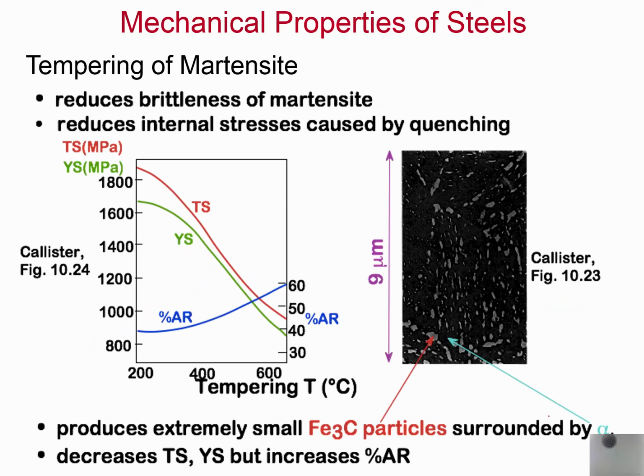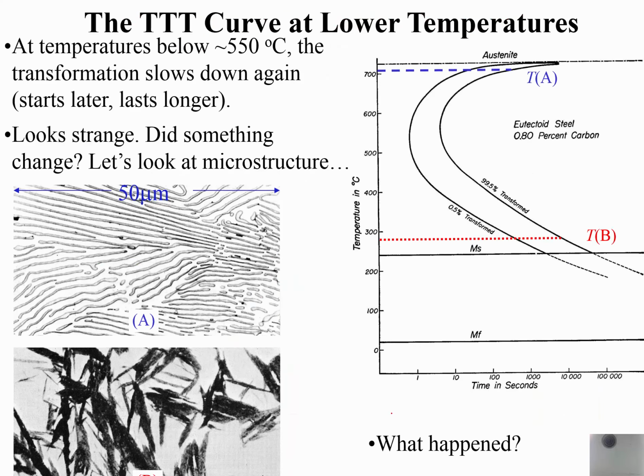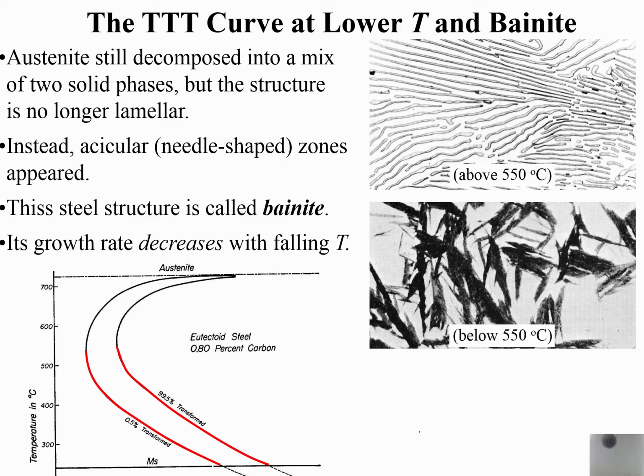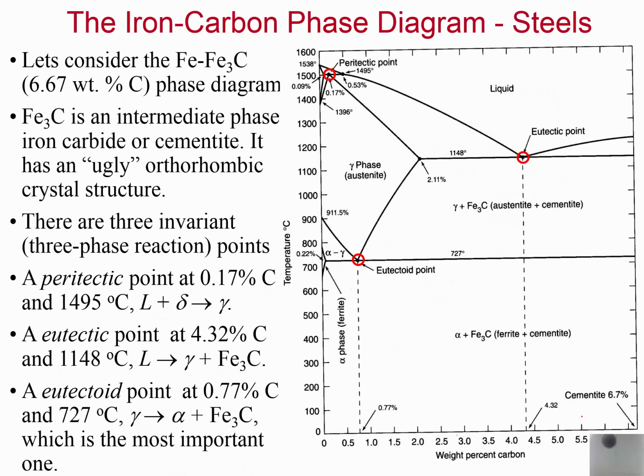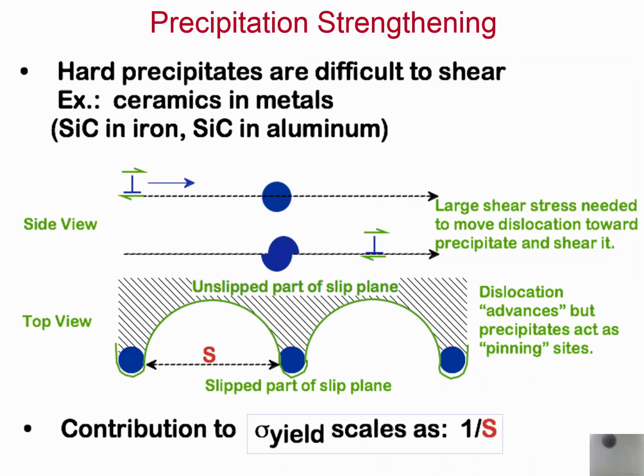And then mechanical properties of steel, we could talk about this for a long time, and we did not go through this in class either. Again, here's pearlite, there's the formation of martensite. If you don't have enough time for carbon to move, you end up forming this martensitic structure, which can happen without diffusion. Okay, the last thing I wanted to end on was precipitation strengthening,